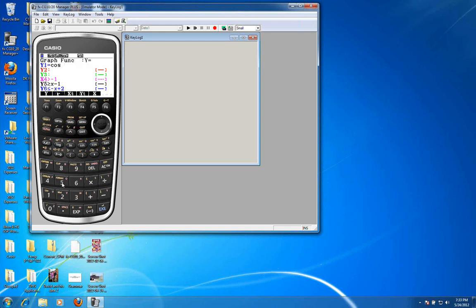If I typed here the cosine of 5t, oh, and I'm in function mode, so I need to change that. So let me exit out of that. I want the type to go back to parametric. There we go. So cosine 5t. And just to be clear to those who are watching, if it's an empty equation, you can just change the type. If an equation already exists in that slot, then you must convert it. That's just to be very clear.